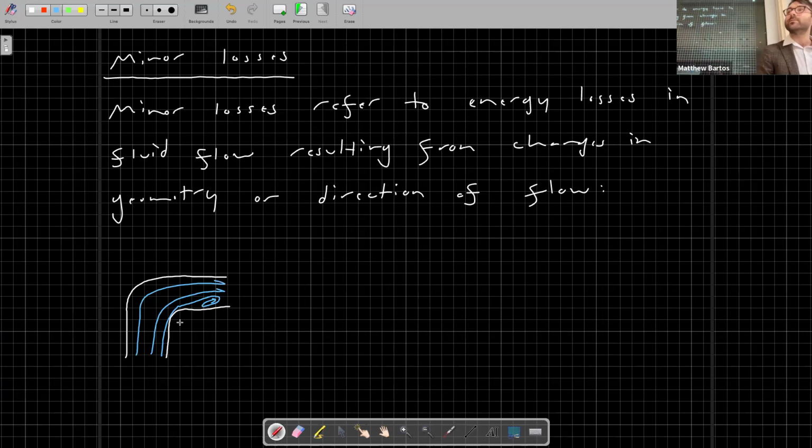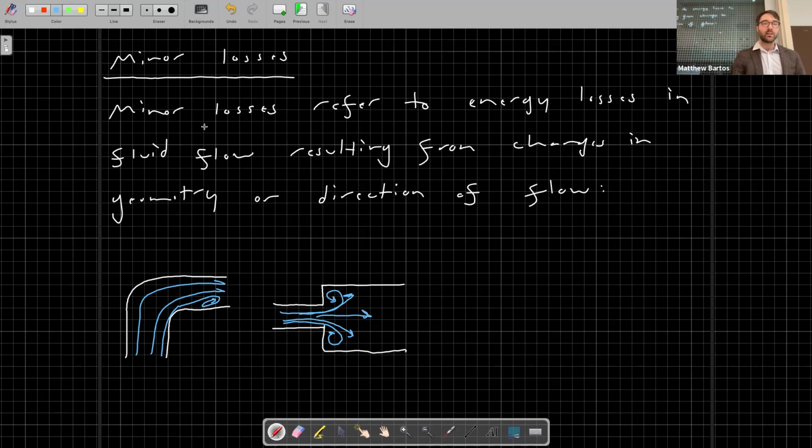What's another example of a minor loss that you encountered in fluid mechanics? Yes. A change in diameter. So there's two primary types of changes in diameter. What's one example? It's a small diameter to a bigger one. So that would be an expansion. So we might have minor losses due to expansions. So a smaller pipe going into a bigger pipe. You'll get something that looks like this. These streamlines diverge as they go into the bigger pipe, and you'll get, again, some turbulent eddies that cause energy